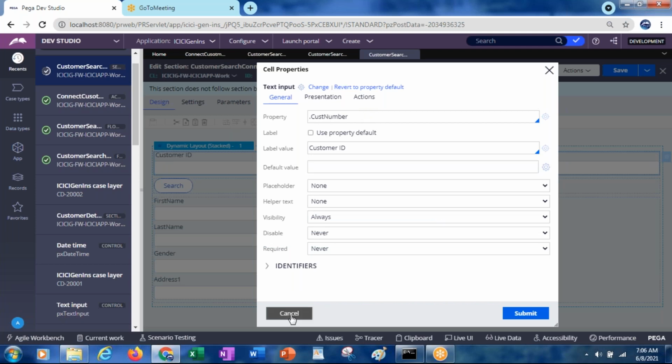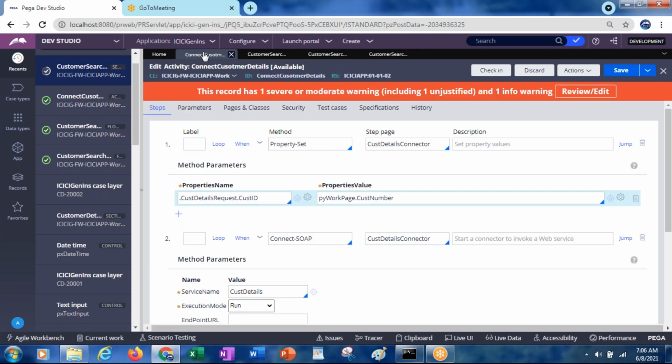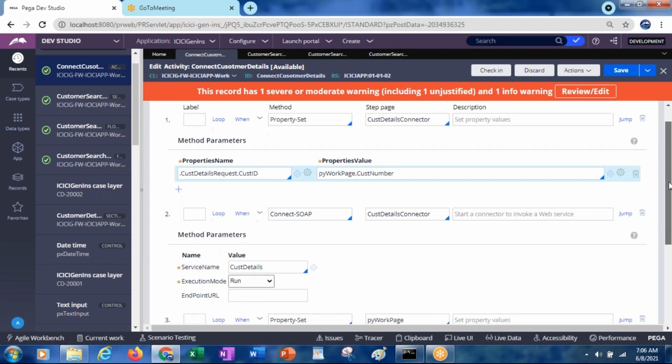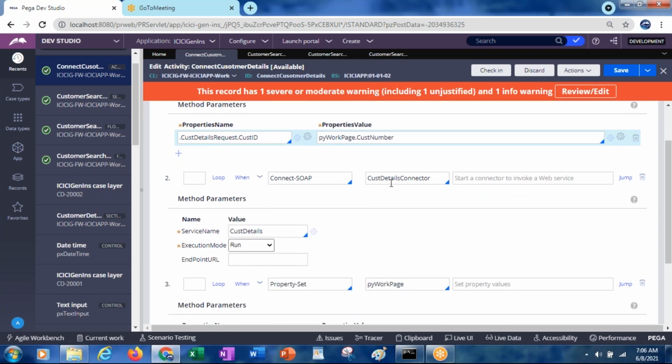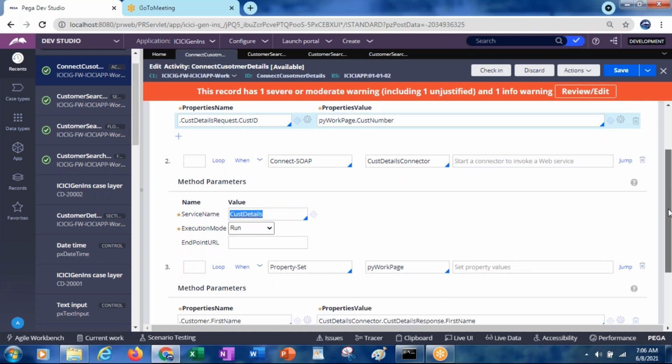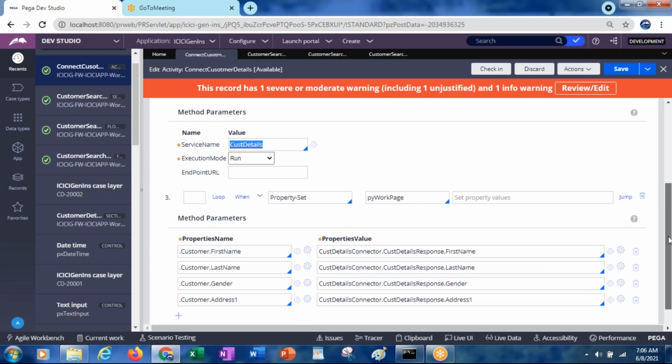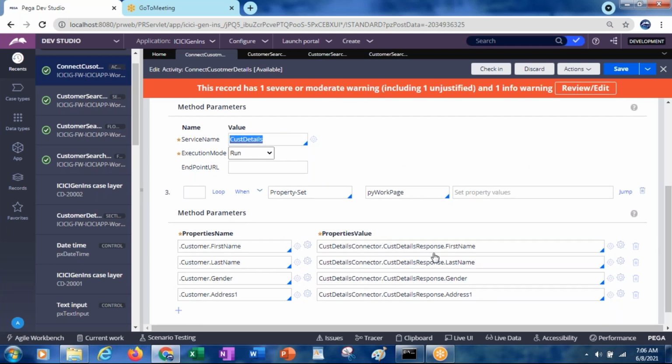That cust number from your page we are passing to this connector through the request. Now we are calling the SOAP connector, which is the cust details, and after retrieving the data, the remaining values, first name, last name, gender, address, we are passing to the PV work page.